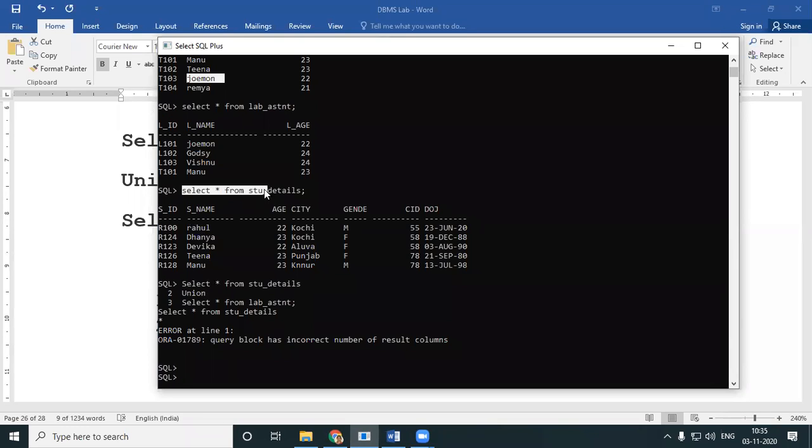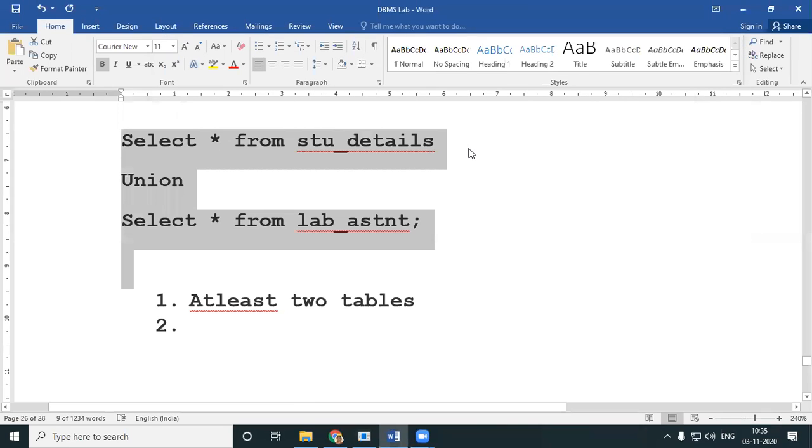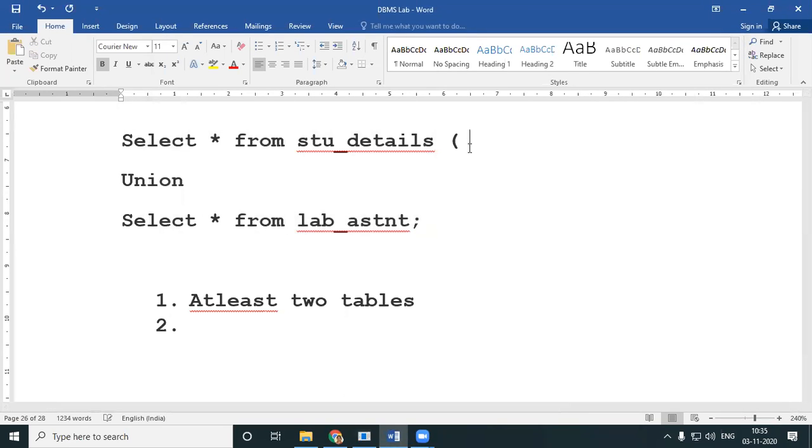Select star from student details means this much. Agreed? Which has 1, 2, 3, 4, 5, 6, 7. There are 7 columns. So select star from student details means you have 7 columns.